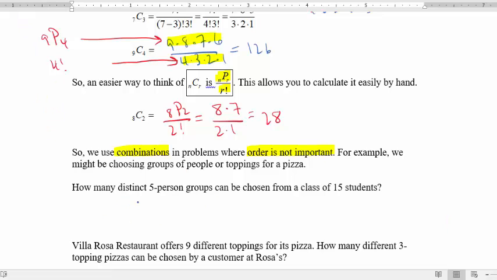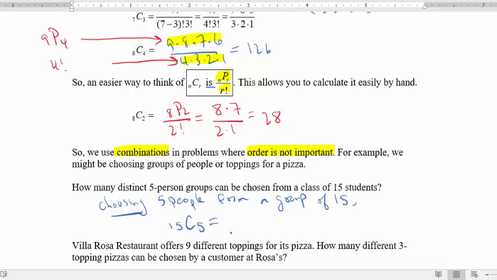So how many distinct 5-person groups can be chosen from a class of 15 students? So in this case, I'm not using all 15 students, right? I'm just, out of those 15 students, I'm choosing, and that's the key word, 5 people from a group of 15. So how would I write that out? I would write that out as 15C5,